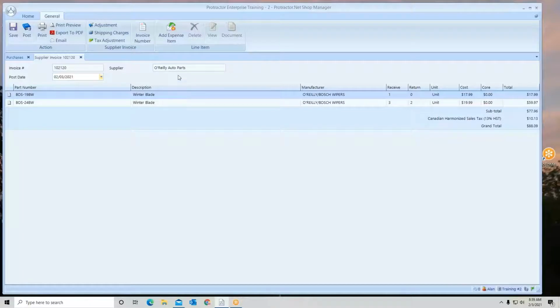So again, settings are the same. I can add expense items. I can change the overall invoice number, tax adjustment, shipping charges, final adjustment. If everything looks good, now I can post it. So when I post,